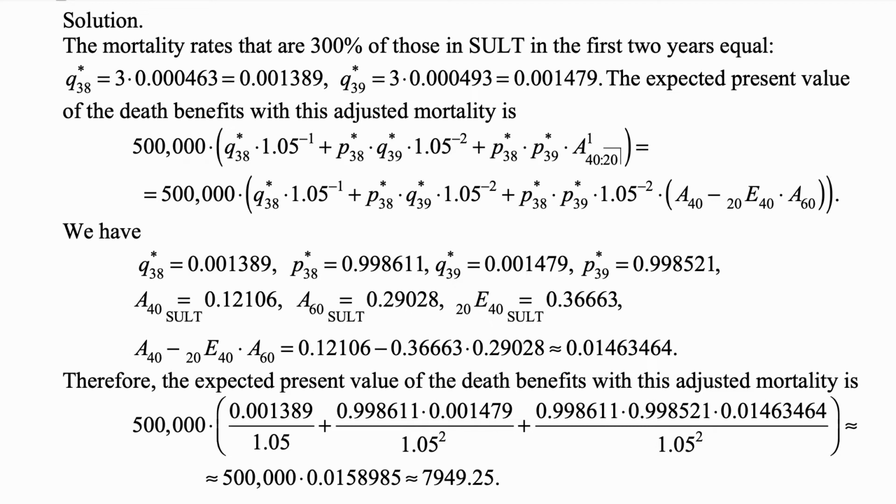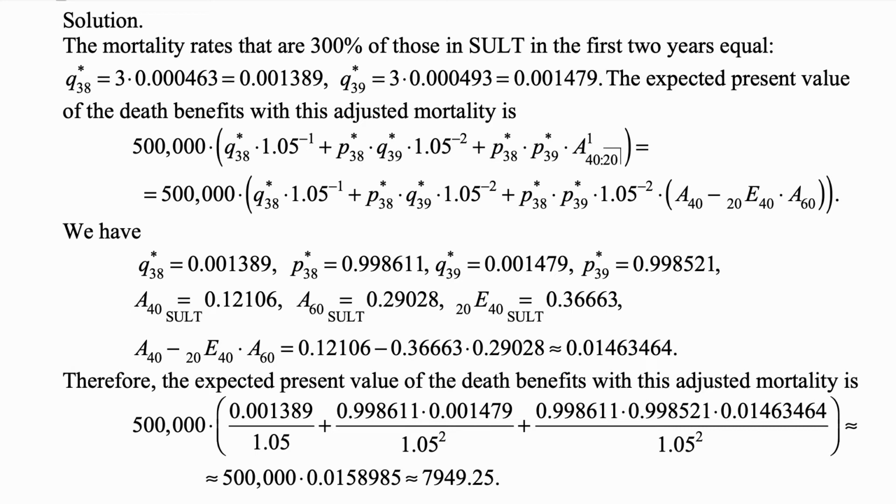So q star 38 is 3 times the rate for a 38-year-old in SULT table, and that rate in SULT table is 0.000463, so 3 times that is 0.001389. And q star 39 is 3 times the rate from the SULT table, which is 0.000493, so 3 times that is 0.001479. The expected present value of the death benefits with this adjusted mortality is, well, 500,000, that's the amount,